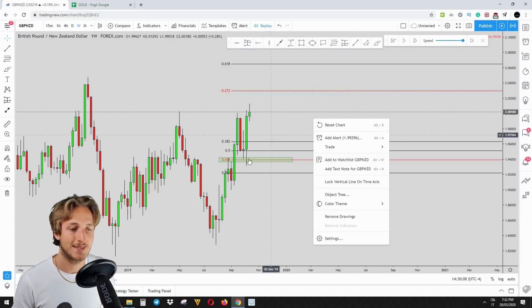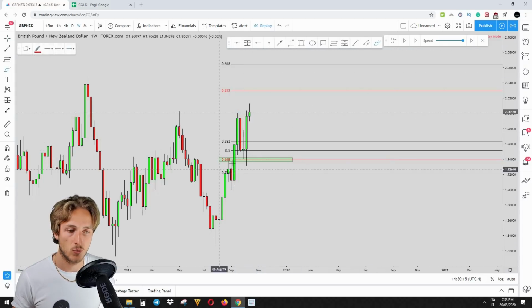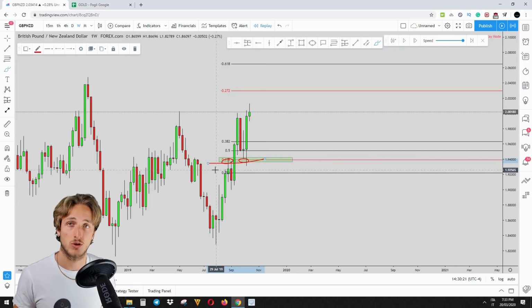Now, how do we know that actually this was the most precise level? Because as we said, we had confluence at the zone. We had previous resistance turn support lining up perfectly with the golden ratio. This is a very, very powerful confluence zone. There is a strategy that you could completely base on these things if you know how to read price action